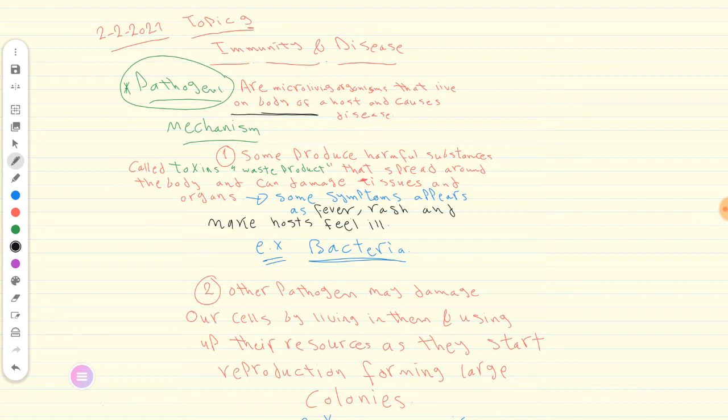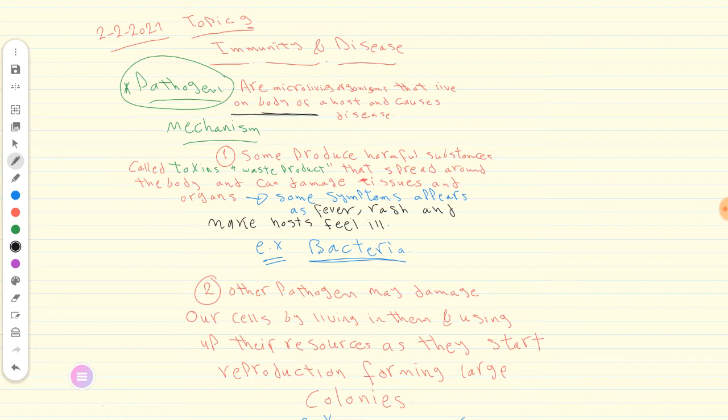Next point, let's talk about the mechanism. Pathogens cause disease by one of the following mechanisms. First mechanism, some pathogens produce harmful substances. These harmful substances are called toxins, and these toxins are considered a waste product from the pathogen, but these toxins spread